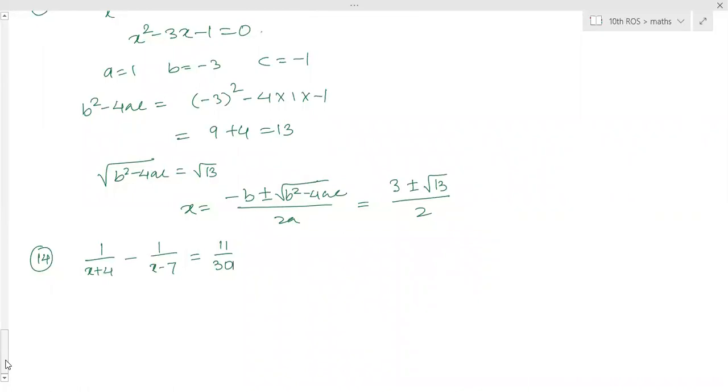Ma'am, I'm getting the equation as minus 90 is equal to 11x square minus 33x minus 308. So then take 90 on that side, no? And then divide with 11. Okay. Ma'am, we should divide everything by 11, no, ma'am? Yes, ma'am. In the beginning itself, you can cancel on both the sides before cross multiplying. Ma'am, what's the answer? 1 and 2. Yes, ma'am.